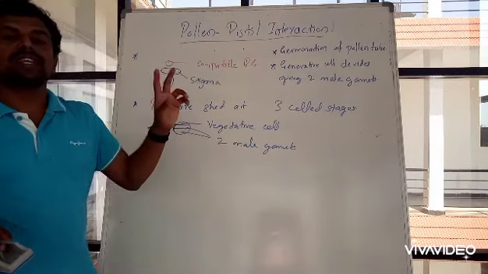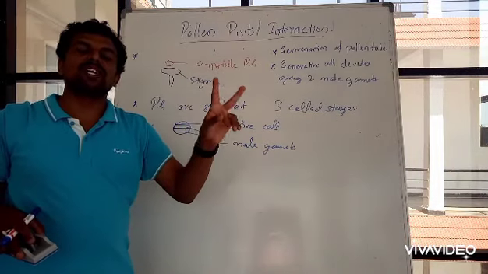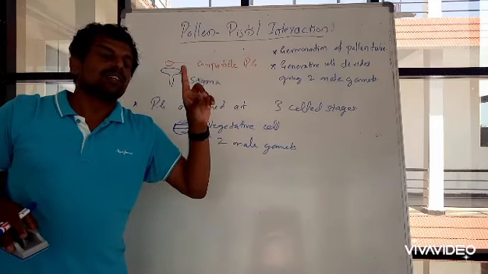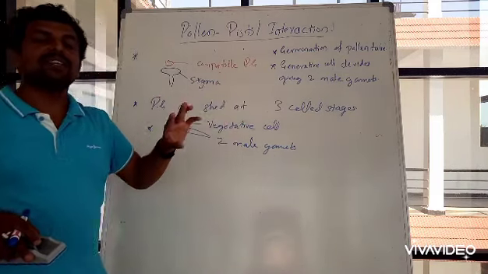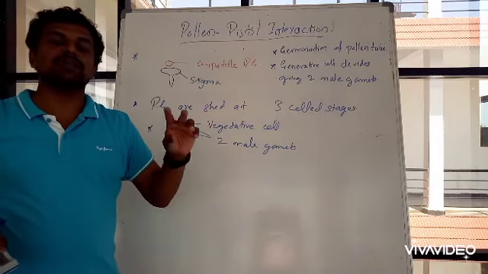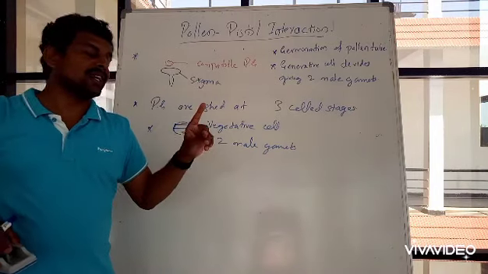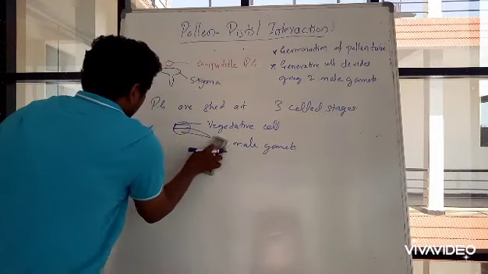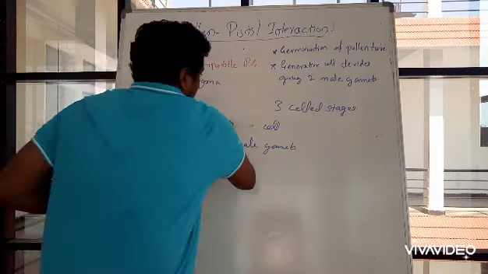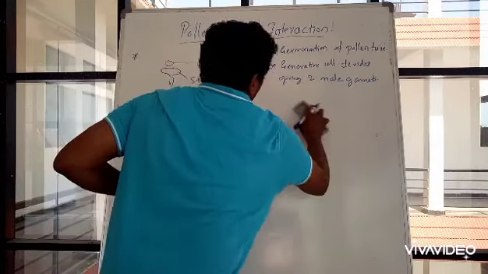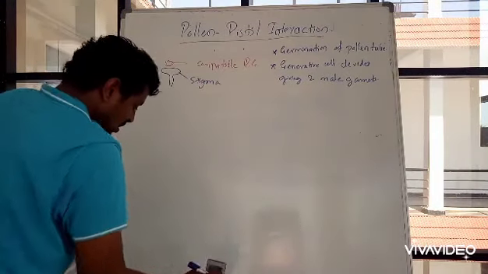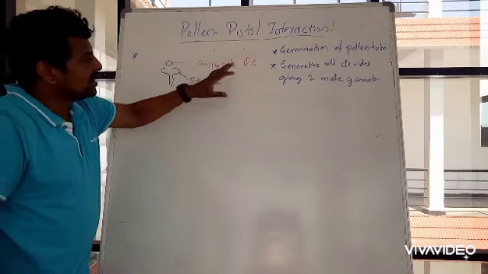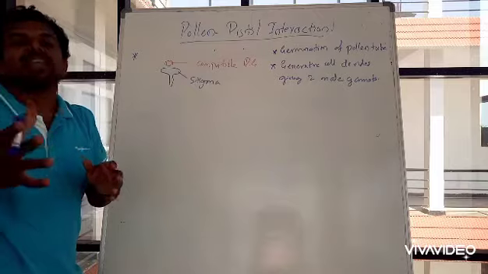If the pollen grain is of two cell stage, that means two cells are vegetative cell and generative cell. The generative cell divides giving two male gametes. If the pollen grain is of three cell stage, one will be a vegetative cell and the other two will be two male gametes. Got it? So this is the main idea here. Now, once the generative cell divides giving two male gametes, these both events take place simultaneously.